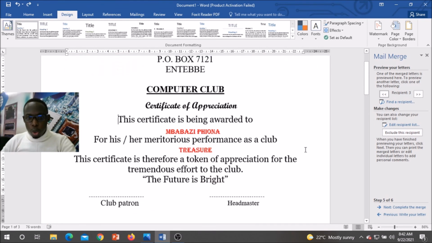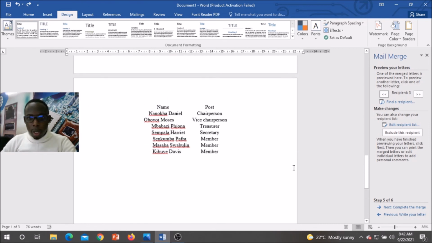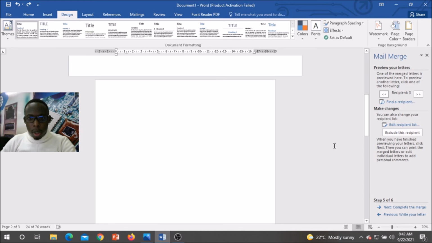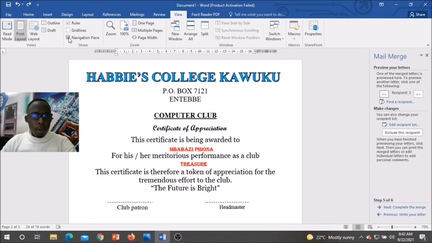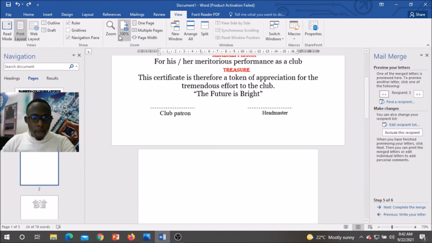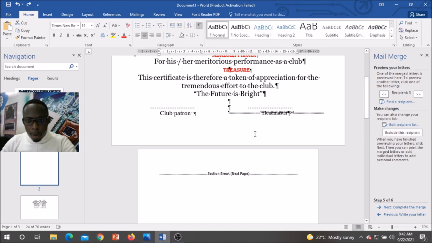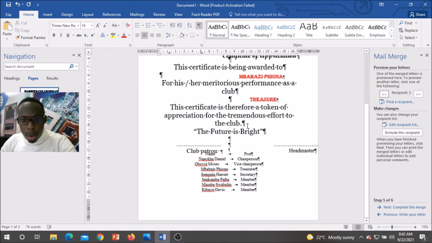Alternatively, I want to first delete these blank pages here, including the list here. What you need to do is I'm going to kindly zoom in a little bit like this. Then I can come to view and go to navigation. Then I'll come to home and add this feature that shows me the different page breaks. So there is a section break here that I'm going to delete. And once that section break is deleted, there is another one here that I need to delete. Okay, so once that is deleted,